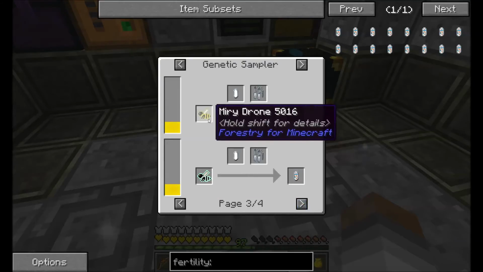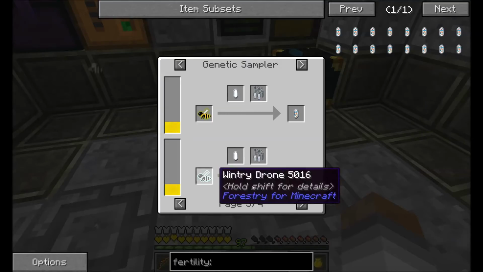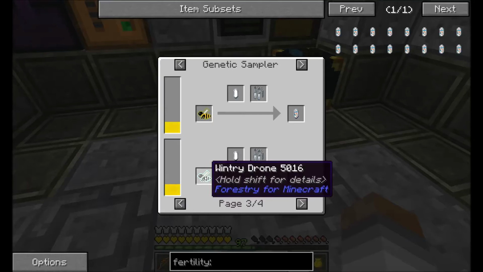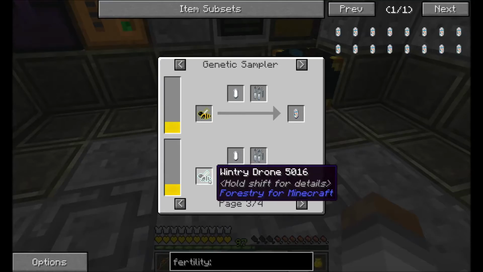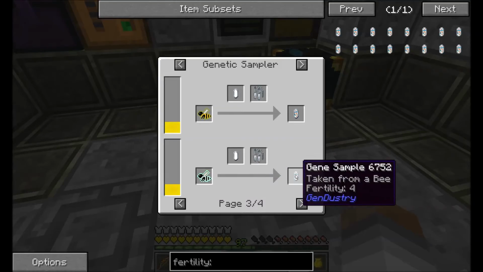Yeah, it looks like a bunch of... Well, you can get them from wintry drones. Okay, so if you were to go out into the world, this is one of the default bees. If you went out into the world, you grabbed a wintry drone and then you let it sit on an apiary for a long time and built up a stack of wintry drones. Then you could take the drones